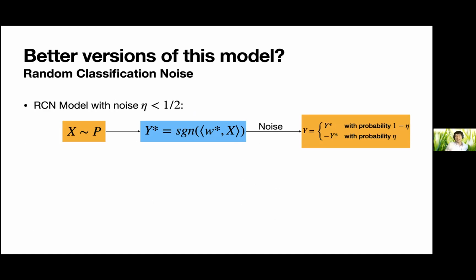And so what people suggested as a better model is a model with noise. And maybe the most canonical model with noise is called the random classification noise model. And it's exactly the same, except there's a final step in the generation process where instead of always giving you the correct plus or minus label, with some fixed probability eta, which is at most 1/2, I give you the opposite label. So if eta is 0, it's the same as the model before. If eta is equal to 1/2, I'm actually just giving you totally uninformative labels. So that's why we should assume eta is less than 1/2.